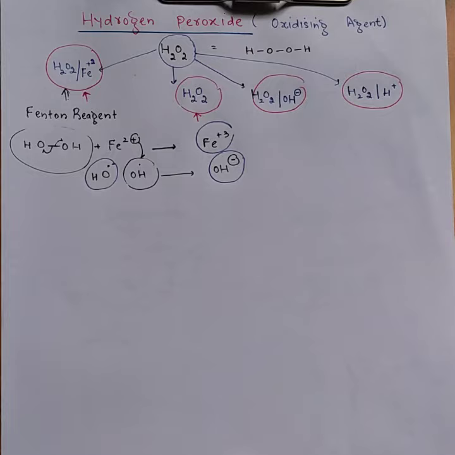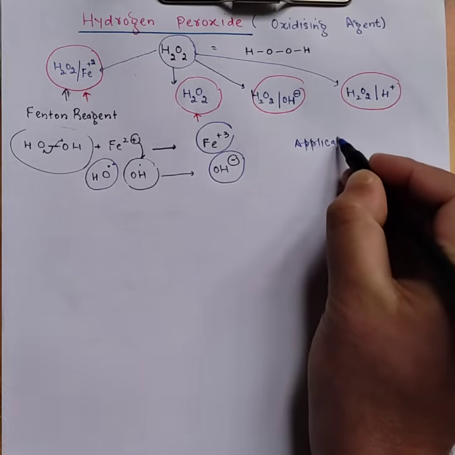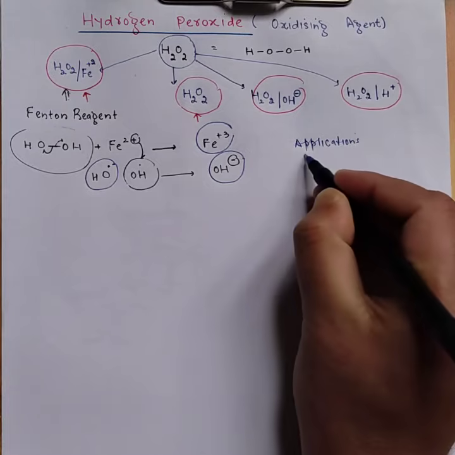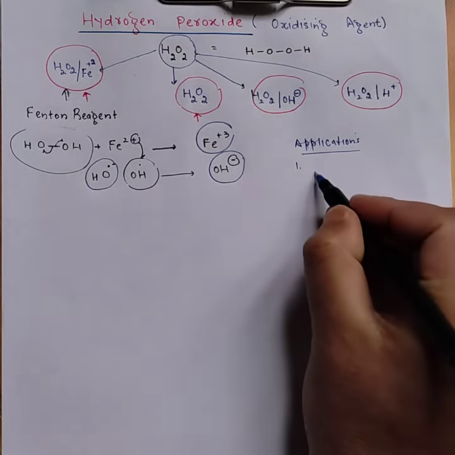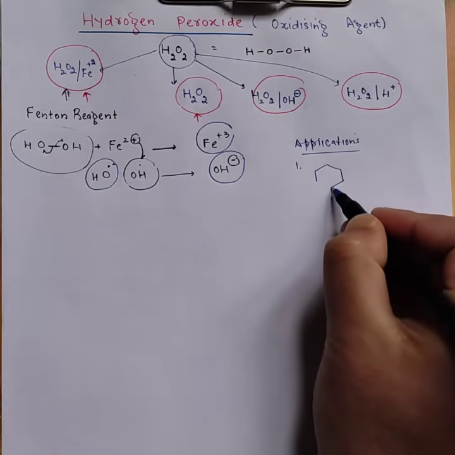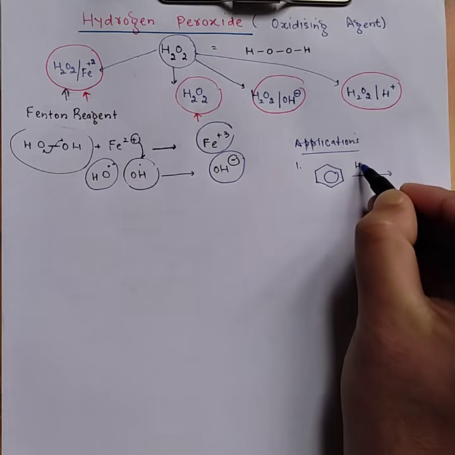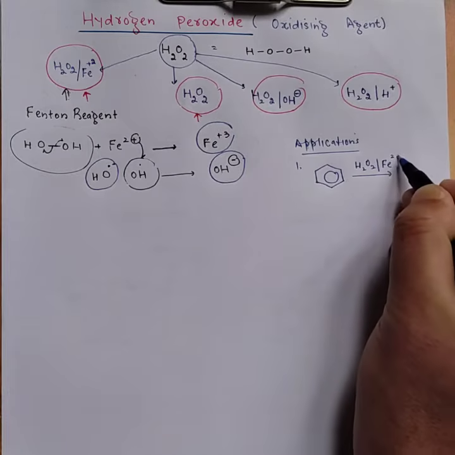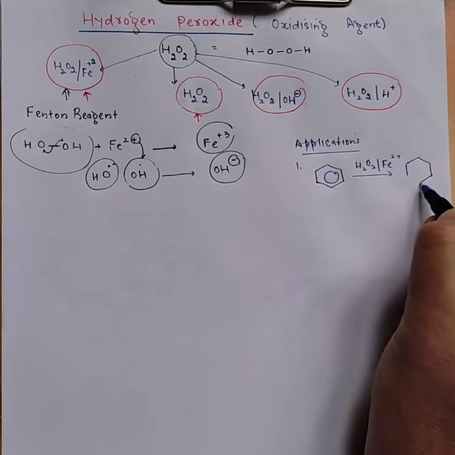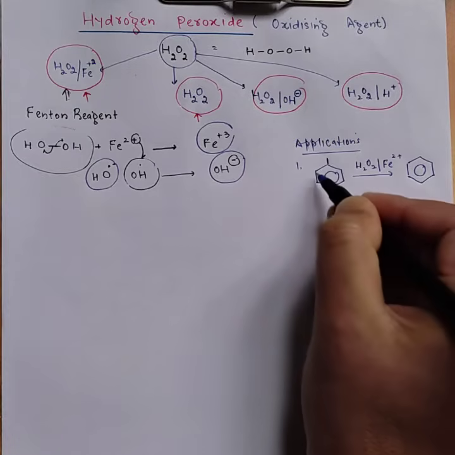Now let's talk about its application, जो important है. As far as Fenton's reagent is concerned, its application has 2 important uses. Number 1, since it acts as oxidizing agent, it converts benzene to phenol. So basically what is happening here, we have 6 hydrogens on this